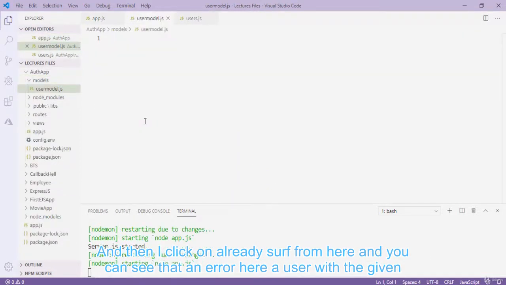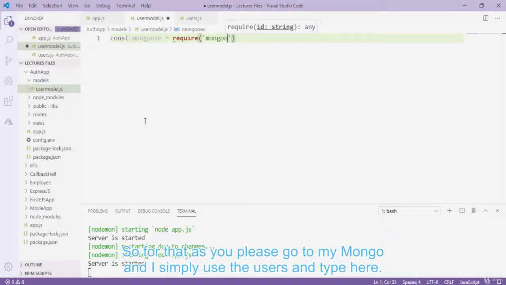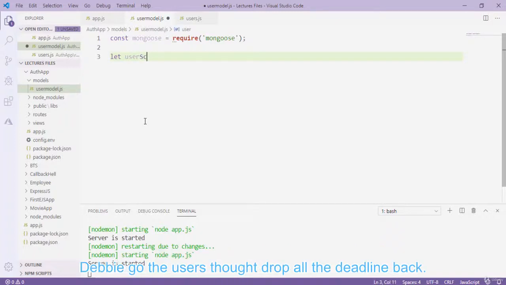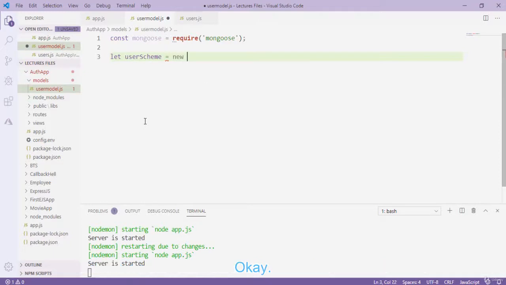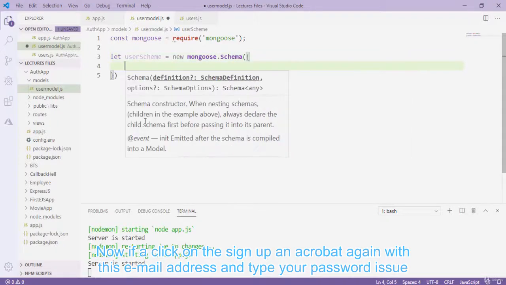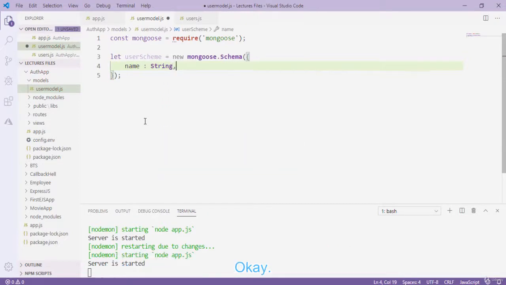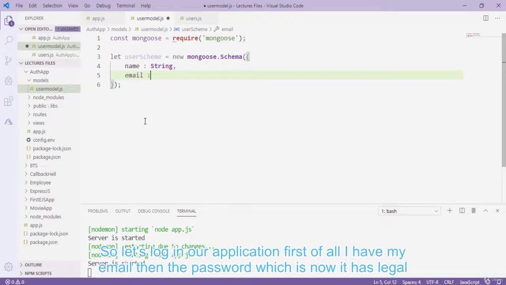model.js. First of all, I type here const mongoose equals to require mongoose, and then after that I have to type here let userSchema equals to new mongoose.Schema, and in here first of all I have the name, which is string, then the email, which is also string, and then we have the password,